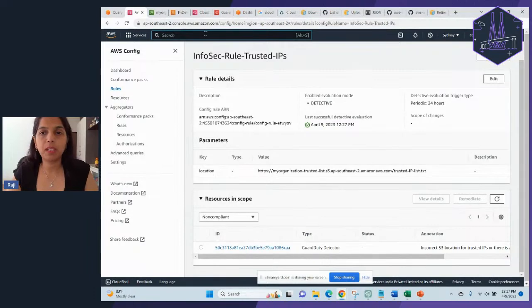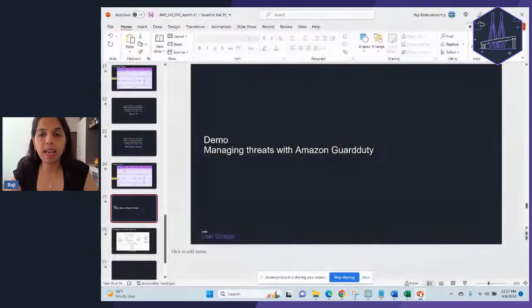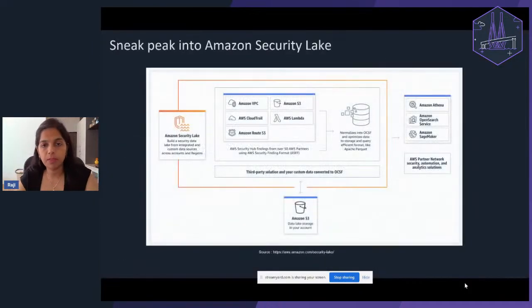Okay. Yeah, so the next topic I had in mind was Security Lake. We will not have time to do a deep dive demo into it, but what I wanted to do today is give you an overview. Amazon Security Lake was a service launched at re:Invent this year. In November 2022, it was announced, and this is a capability which is directly linked to an incident response